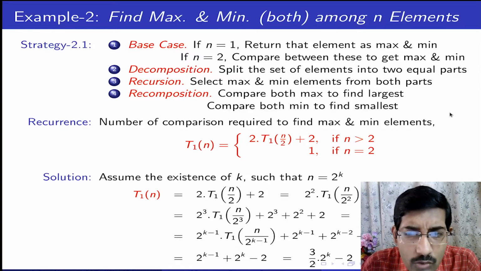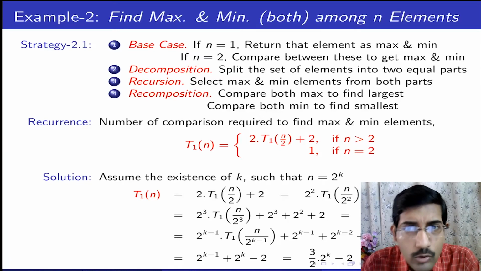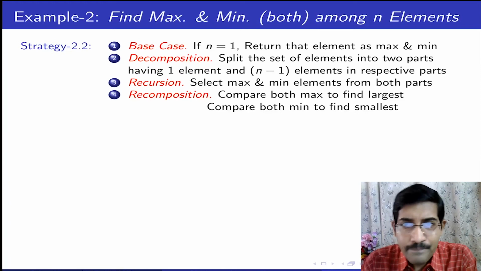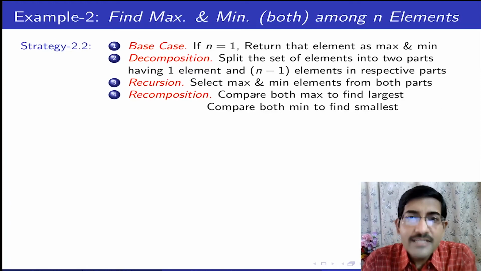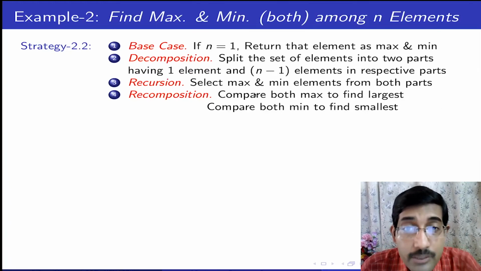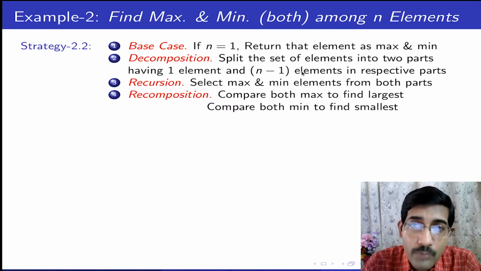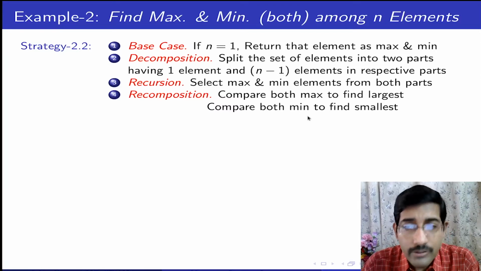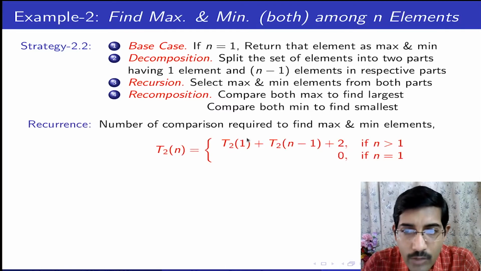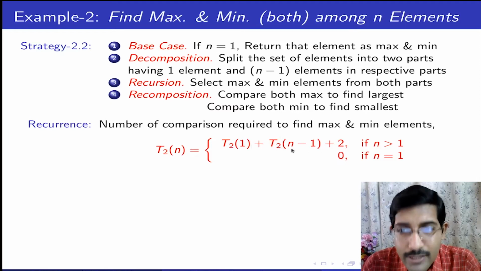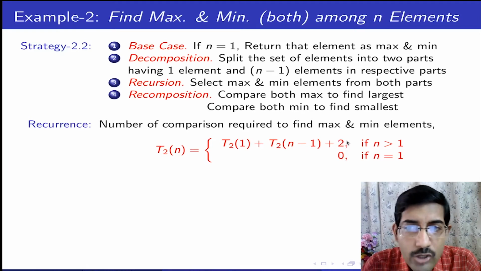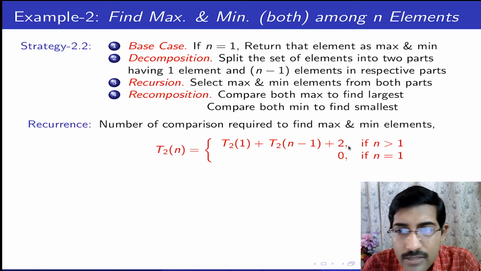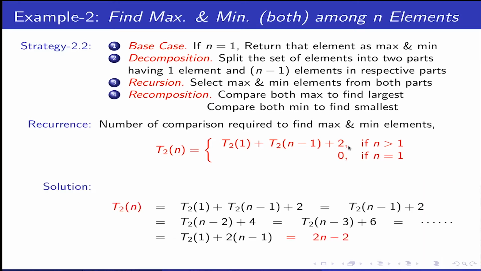Let us see whether this is the only way it helps, or we could go bad, or we could go better. So again, our next strategy, as per earlier, we do the same thing but split 1 and n minus 1 elements. So 1 and n minus 1 elements, take the max and mean from both sets and then compare twice. So this will give me T1 plus T(n minus 1) plus 2 times the last comparison. Splitting does not involve any comparison. So that's why we do it in this way.